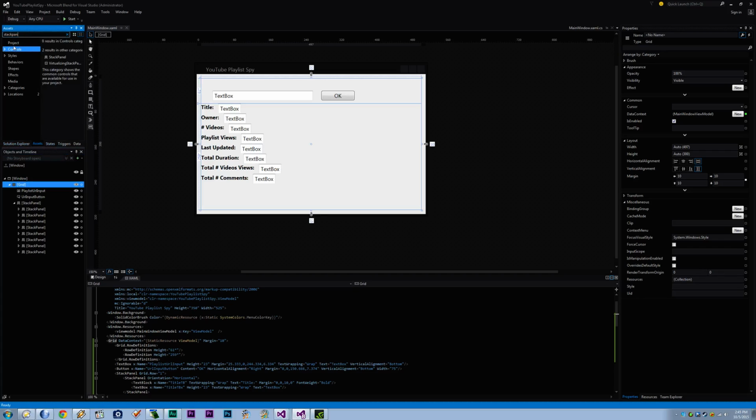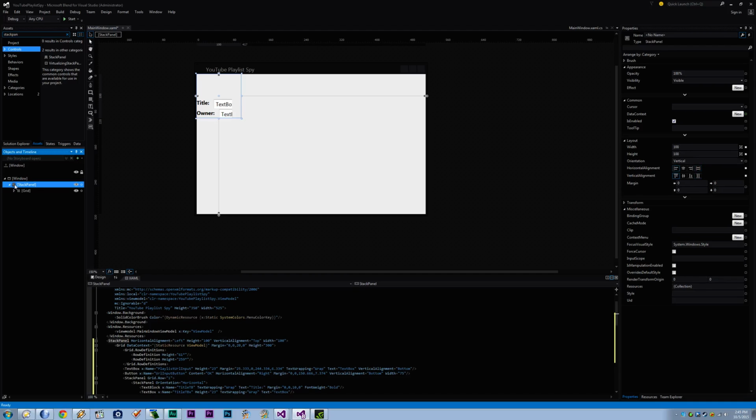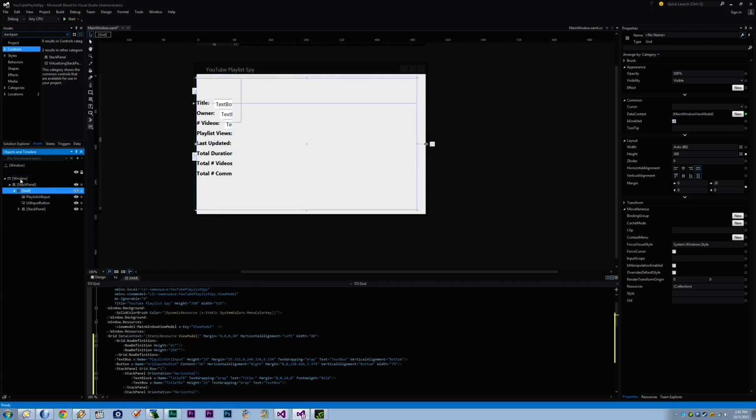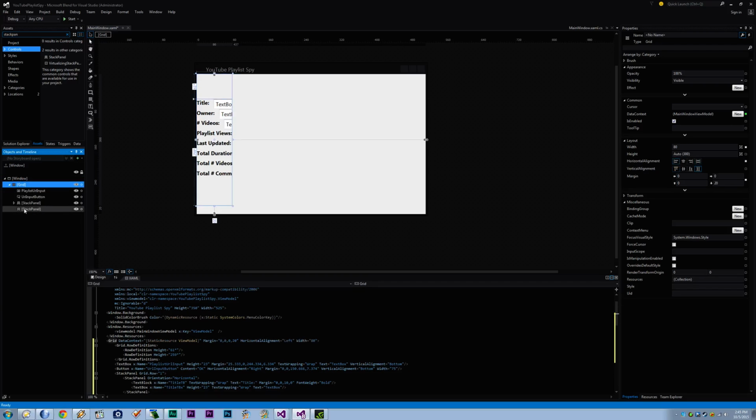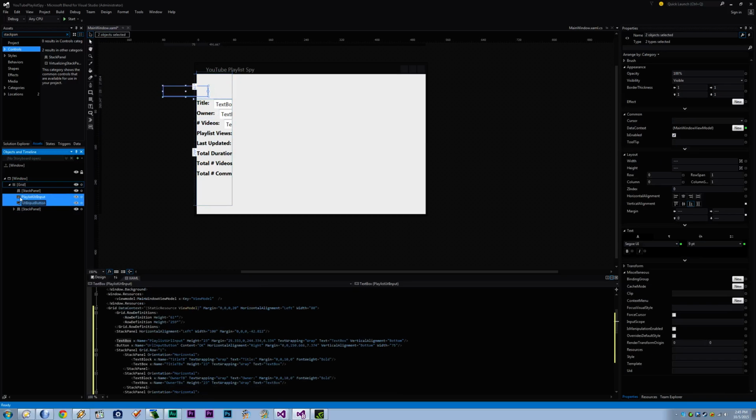Resident states, stack panel. Give me a stack panel. Whoops. Dang it. Really goofed up there, but